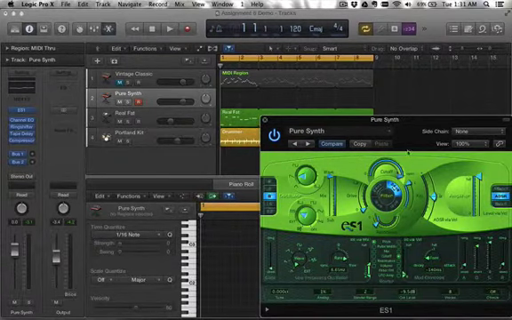So we're using the ES1 synth, which is part of Logic Pro, and down in this section here we have the control over the envelope. As you can see, each of these parameters is labelled attack, decay, sustain, release. So for the switch, we set the attack to 0, decay to 0, sustain is on 100%, and the release to 0. And so if we start playing,